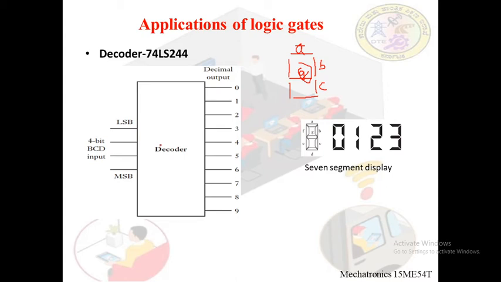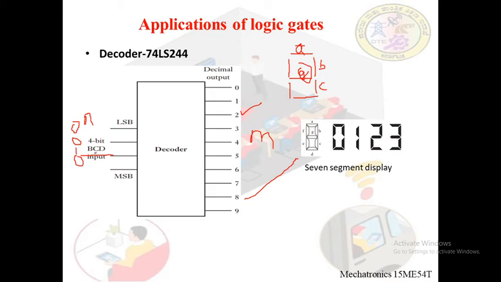So here we have the decoder circuit which has n input lines and m output lines. As an example, we are converting a 4-bit binary coded data into its equivalent decimal output which drives the 7 segment display. Suppose a 4-bit binary data is given, let us say 0010, a binary coded data maybe. Its equivalence may be the digit 2.